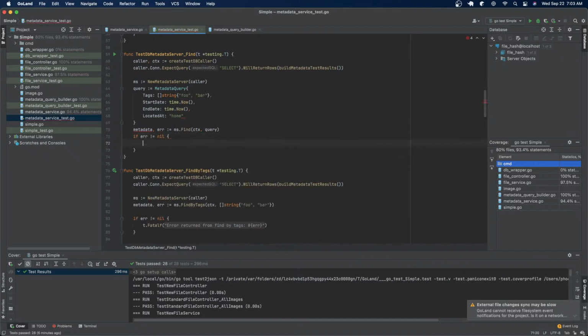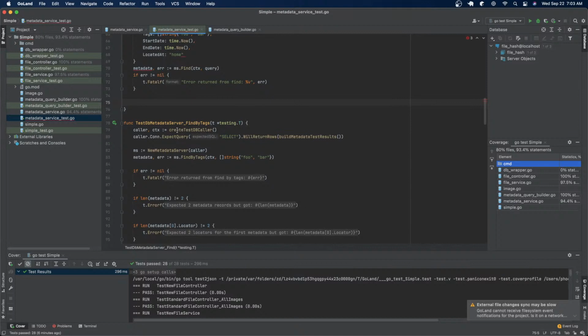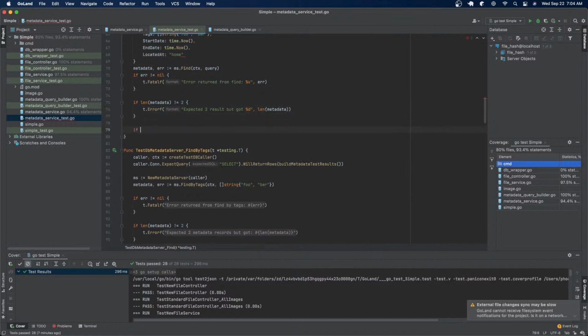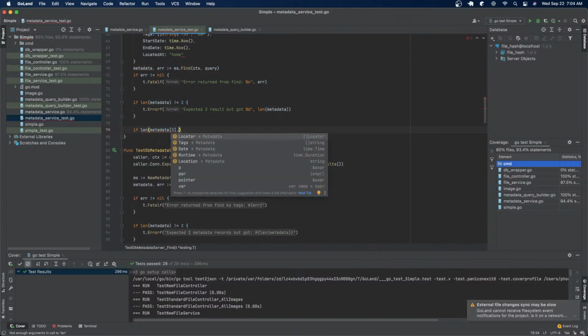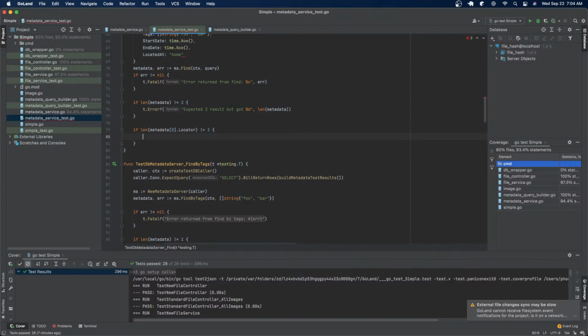If error not equals nil, game over. There's nothing to test. Error return from find. Now, just like these, we're going to look and see if len metadata not equals 2. Expected 2 results, but got. All right. So we expect the first metadata result to have 2 locators. Oops, forgot my comma there. Expect it to have 2 locators, so